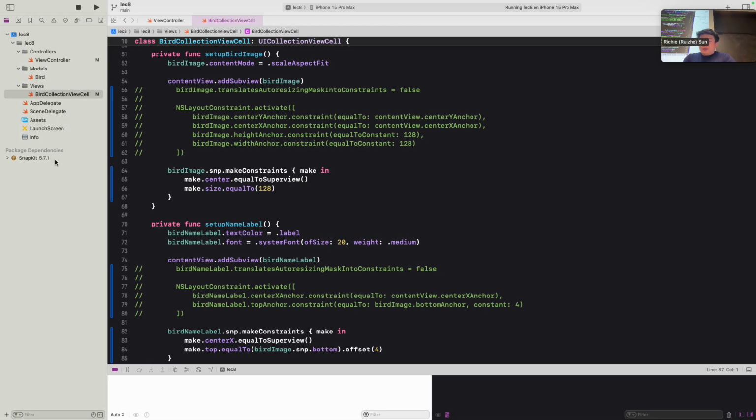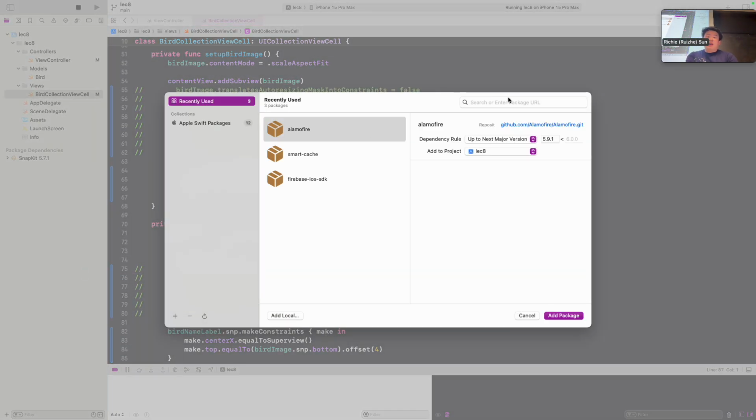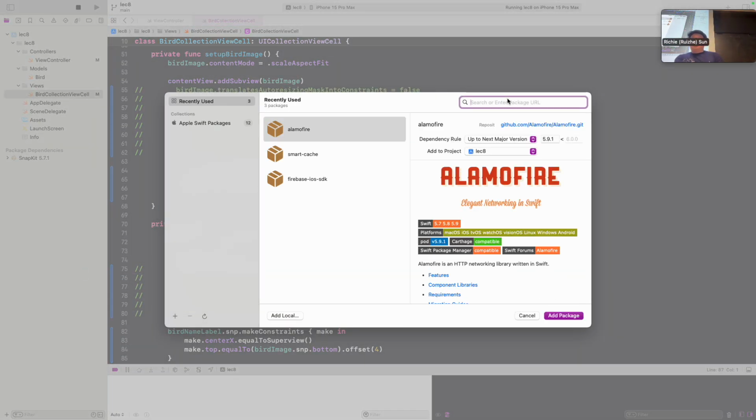And I guess what you guys can do, if you want to add SnapKit to your Hack Challenge project or any other project in the future, is look up the GitHub repository for SnapKit by searching on Safari or anything like that. And you can right-click in this Packages section, and do Add Package Dependencies, and just paste that GitHub link right there, and it'll allow you to add that package so you can import and use it in whatever project you want.